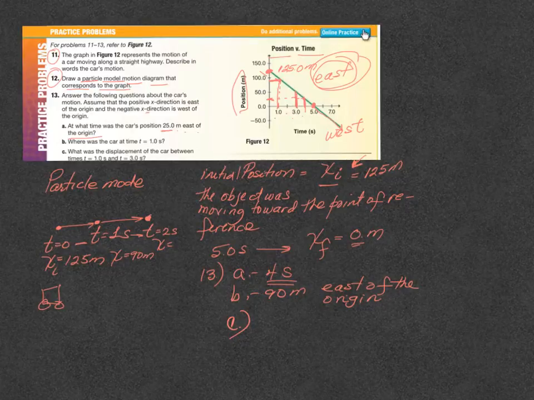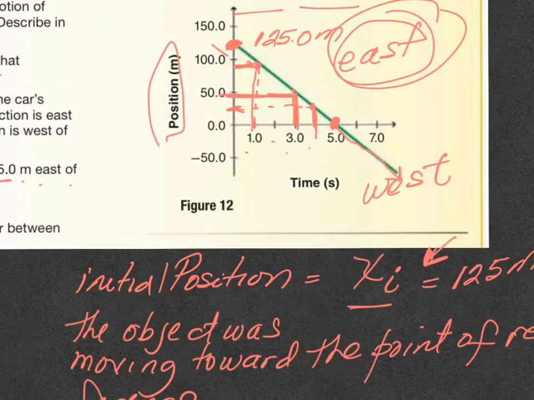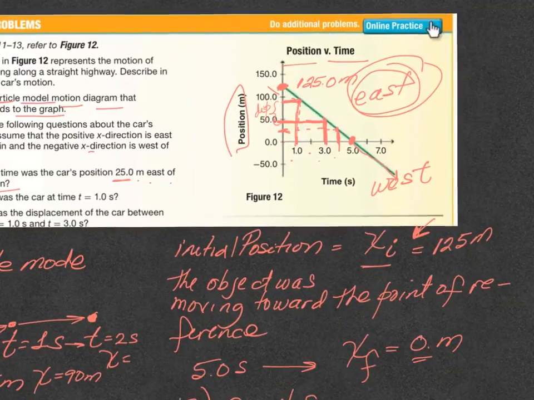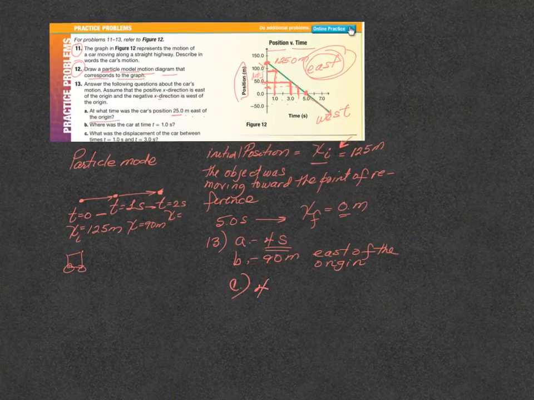If I go all the way through the left, 1 over here, and then I go here, 3, I'm going all the way here, I'm going to land here in 50. This is my displacement. 90 minus 50, that's going to be equal to 40